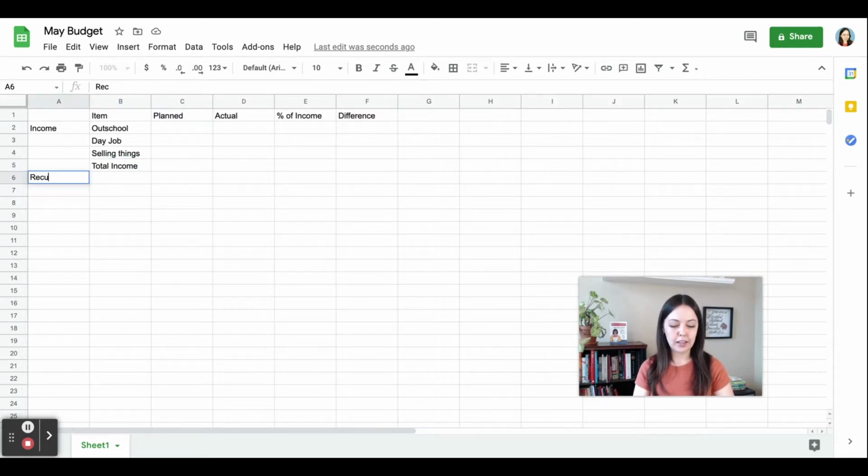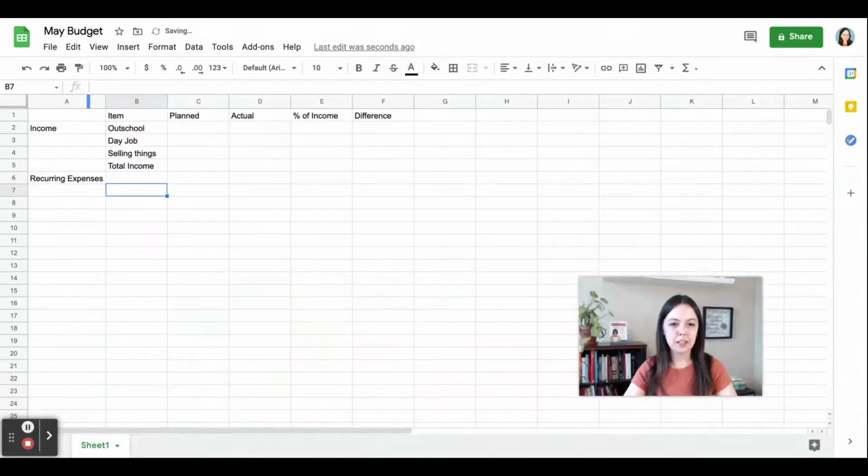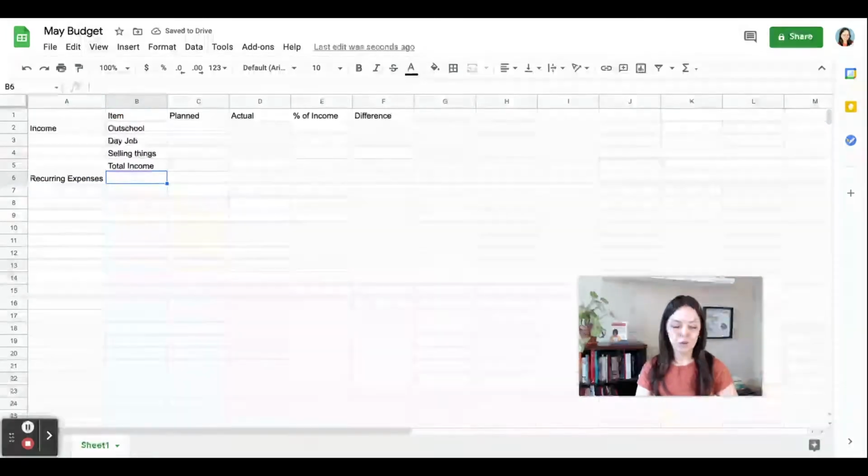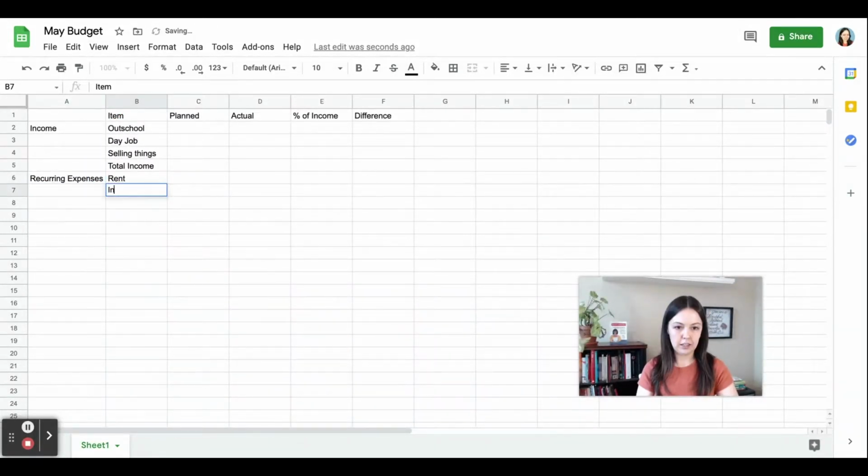Next, we have recurring expenses. So these are all of your fixed bills and utilities. So I'm actually going to do a quick thing. I'm going to double click right here between A and B. Look, now it fits. So for me, that is rent, internet,